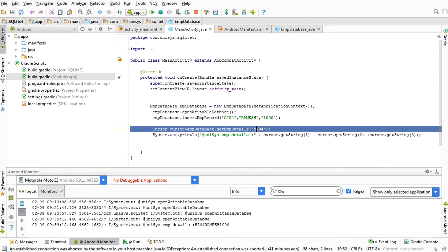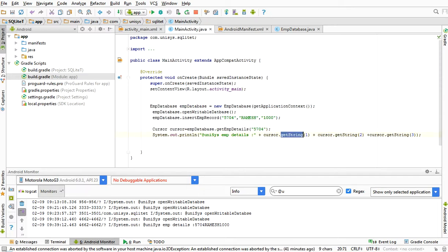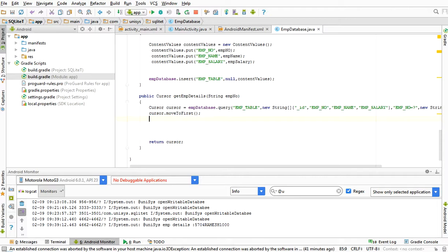Here I have only one record. I am displaying here cursor. The first column is type string, getString, give the 1. This order is whatever the select statement given here, this is first 0, this is 1, and this is 2, and this is 3. So this order we need